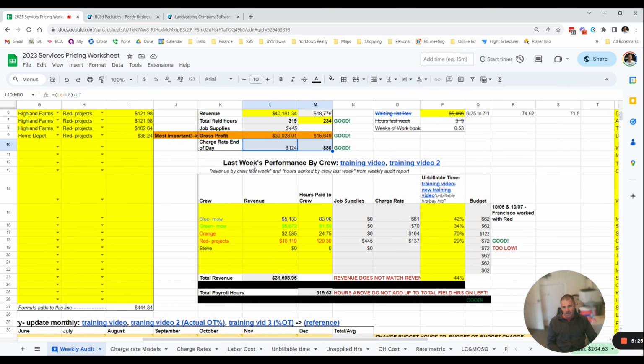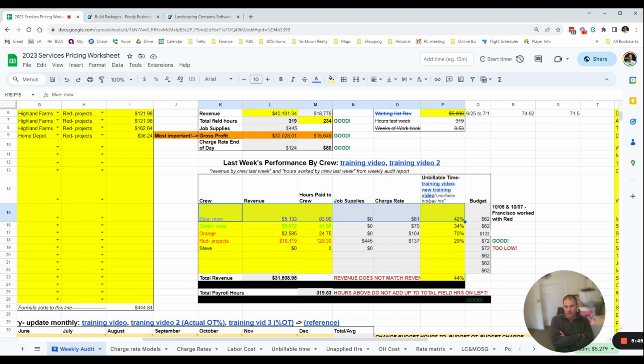So down here, this is kind of a more detailed analysis. If you didn't do well, and in general, it's good to keep an eye on crew to crew to see where the problem is. And once you get the crew down for the week, now you know the crew is the problem. You can dig even further if you want to into specific jobs. We can dig further into